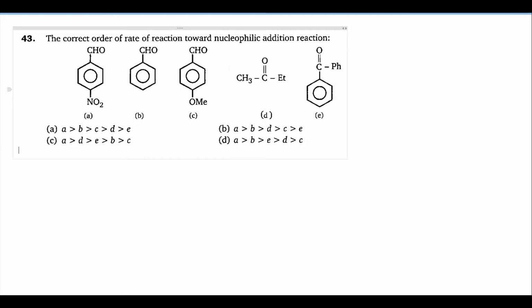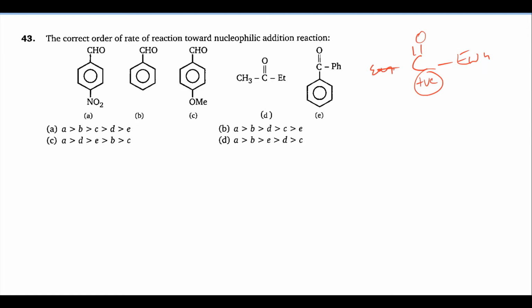Here, I already told you, nucleophilic addition takes place at the carbonyl group, and the condition is that the greater the positive charge, the greater the reactivity. Greater positive charge is present when an electron withdrawing group is there. So the correct order will be minus M greater than minus I greater than plus I greater than hyperconjugation greater than plus M. There are golden points I will tell. Please remember them for question number 43.